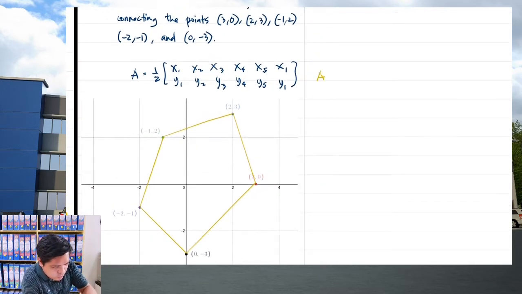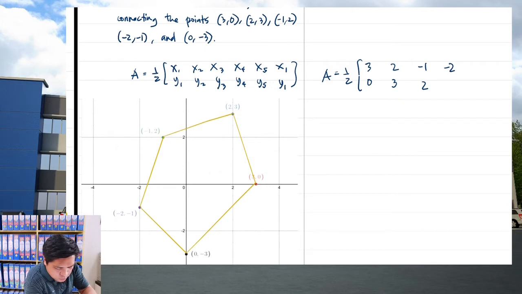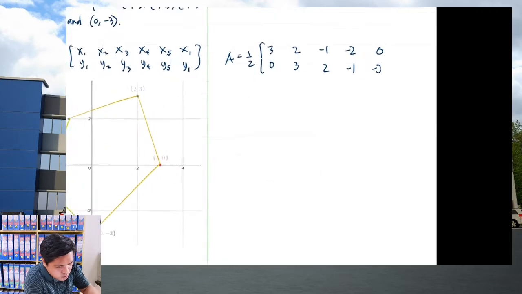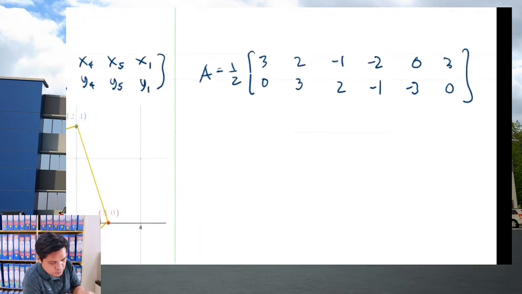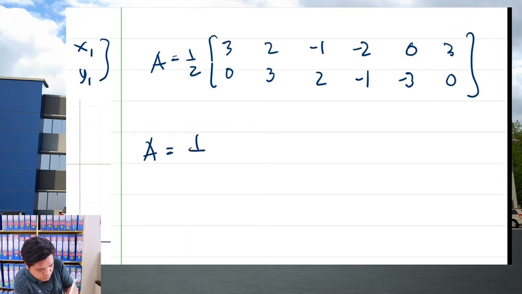So, area is equal to 1/2. Then, we'll just follow the pattern. Let's write the coordinates. Ganito na lang. Isabay ko na lang yung x and y. So, that's 3, 0, 2, 3, -1, 2, negative 2, negative 1, and 0, negative 3. Then let's return to 3, 0. Ganun. That's it. Then the same pattern will have area is equal to 1 half times this one, 3 times